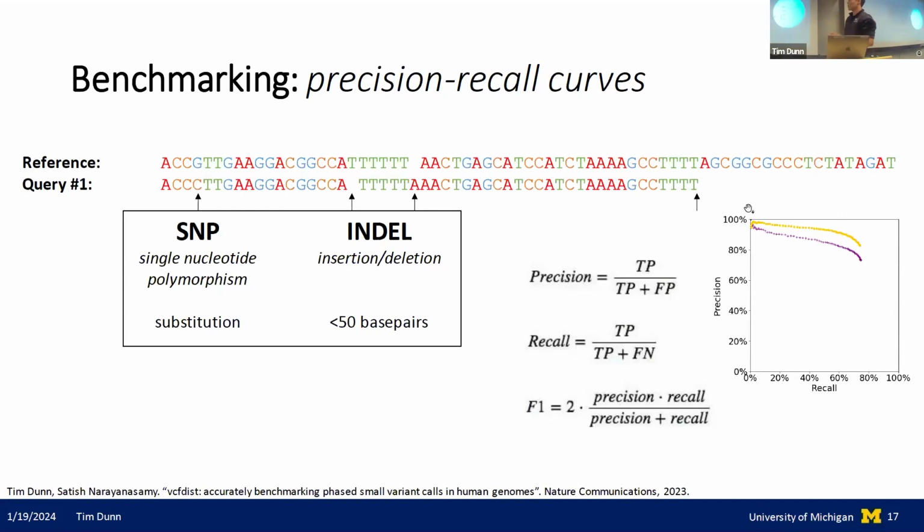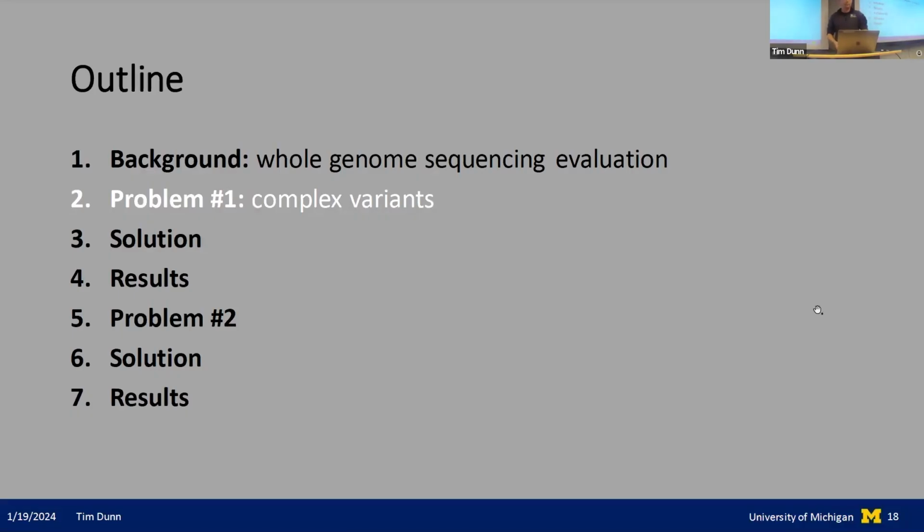And here we can see the precision recall curves for two different example sequencing technologies or pipelines for indel variants. Now, this is all well and good, but there is a problem once you start talking about complex variants. So when we categorized into SNPs and indels and structural variants, complex variants are any type of variant that cannot be represented by a single mutation. So it's not just a single mutation of one base or a single insertion. It's when there's lots of variants that kind of happen nearby one another, and it's really hard to tell what